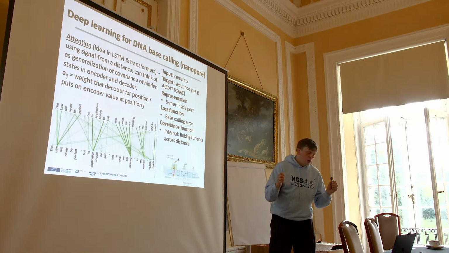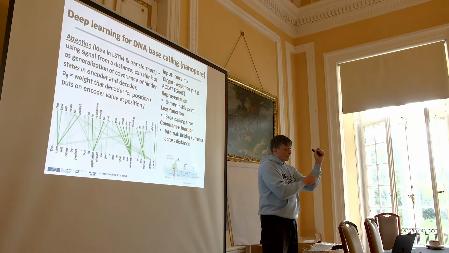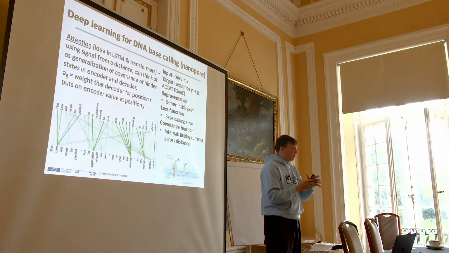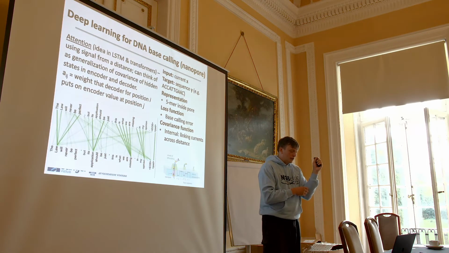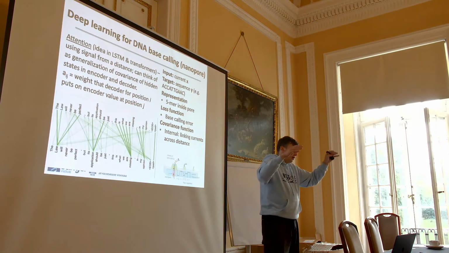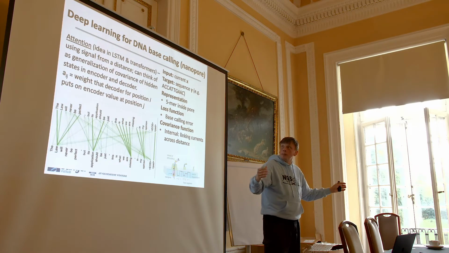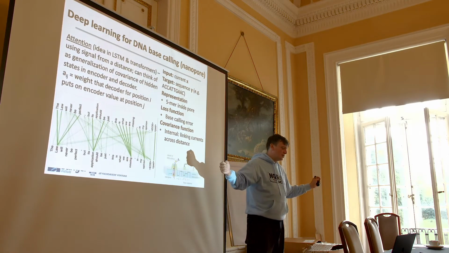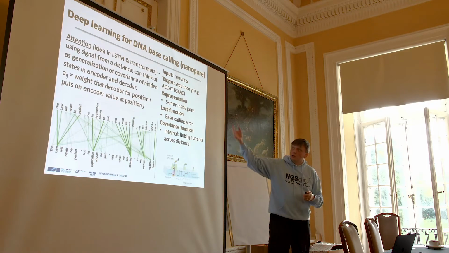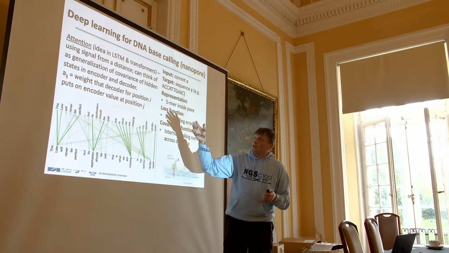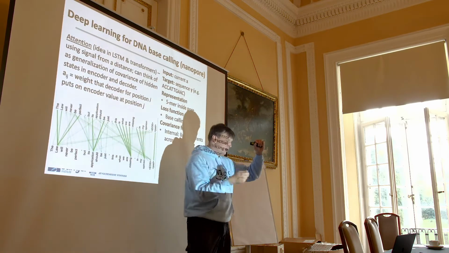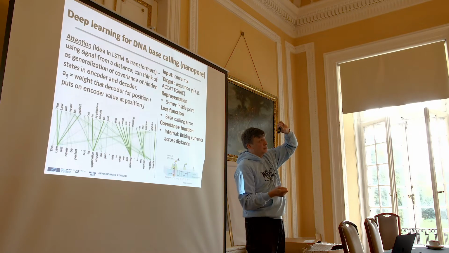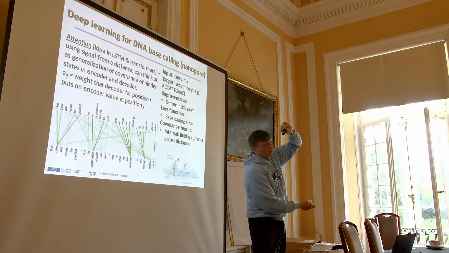And the idea is that instead of having an HMM, where you know exactly what your state transitions are, and therefore what matters from the past, like the Markov property, that the past doesn't matter, instead of having something like a CNN, where you have a longer view of the past, but it's still kind of fixed, you can have almost infinite memory, but you have to pay for that by learning where you need to look. And one way to do that is using attention mechanisms. Roughly, it comes down to learning a matrix between encoding and decoding that captures the covariance: how often does decoding this base depend on the encoding of signal in the past and future?